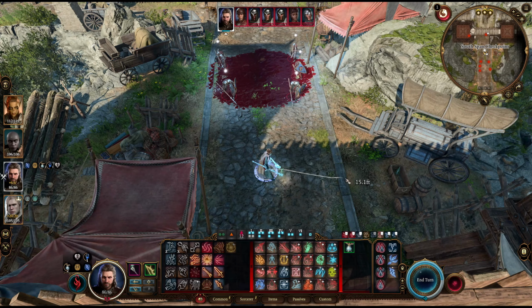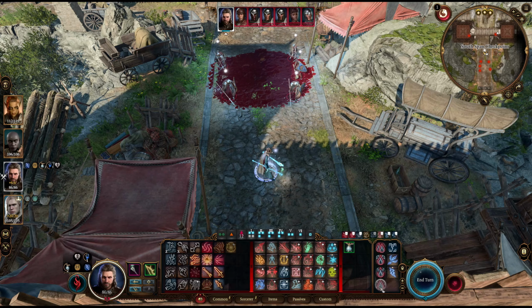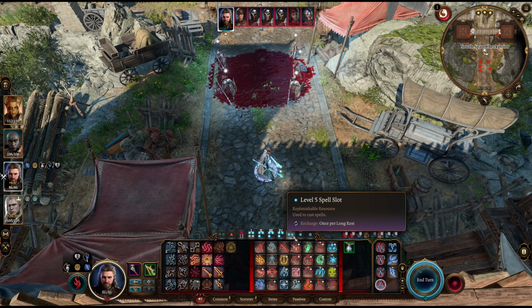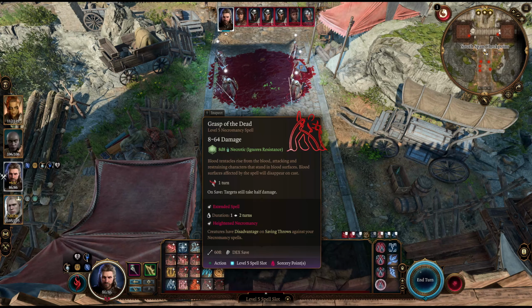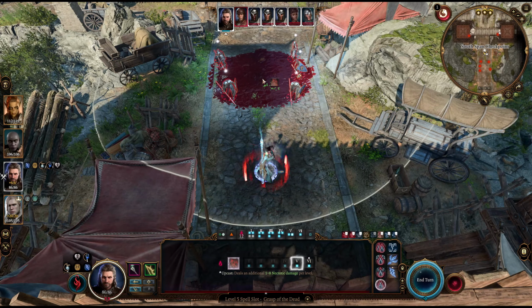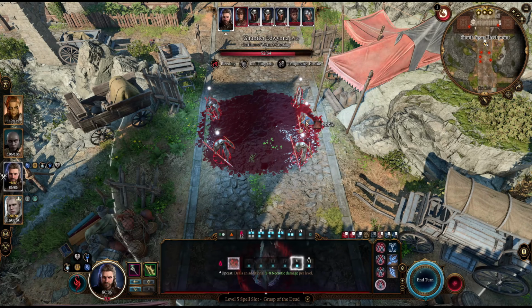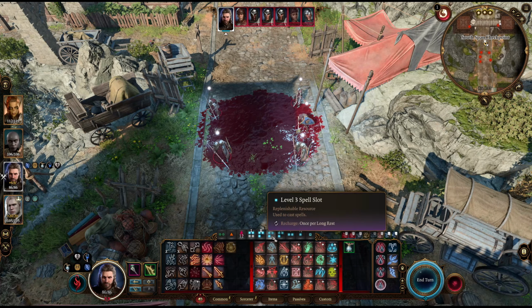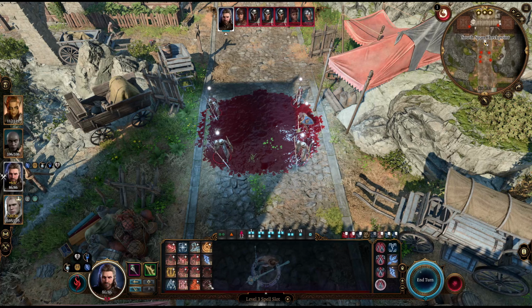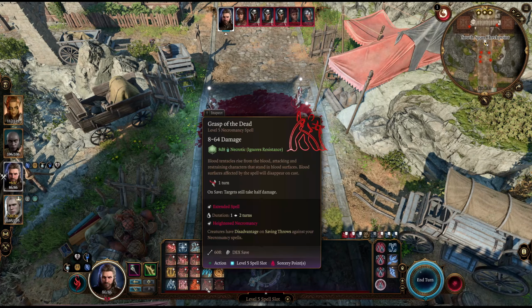All right, so I did want to test out the Metamagic Extended Spell here, because I wanted to see if this was going to affect this spell here to where they all end up getting... Oh my god, the range on this is freaking insane. Will this kill someone? Let's not do that. Can I use it at rank 3? No. Rank 4? Oh, it is a 5th rank spell, so I have to...